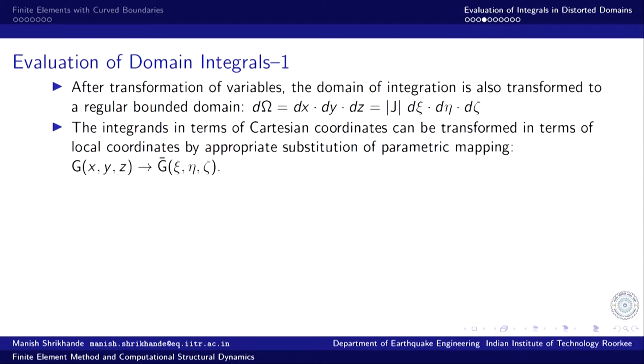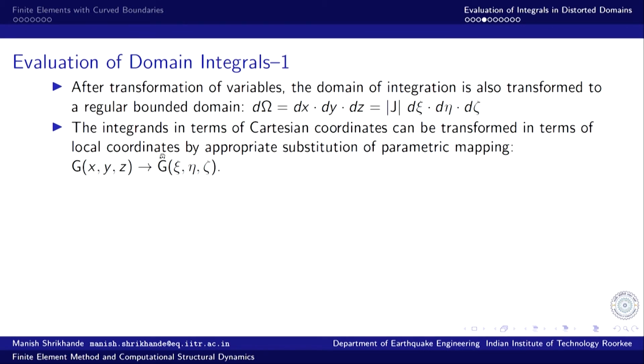Local coordinates only vary between -1 to +1 for rectangular and hexagonal hexahedral domains, and for triangular and tetrahedron volume domains they vary from 0 to 1. So the boundaries of the integral also change to very regular limits. Coming back, these integrands in terms of the Cartesian coordinates can be transformed in terms of local coordinates